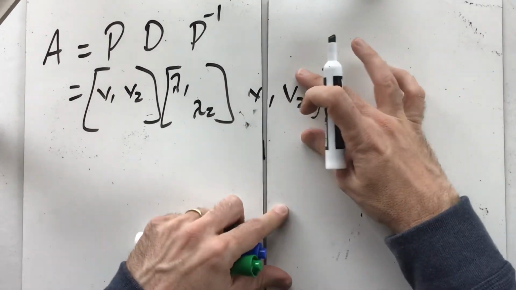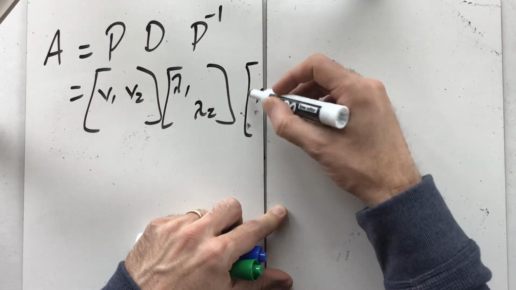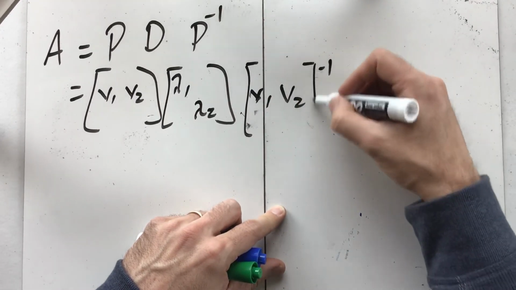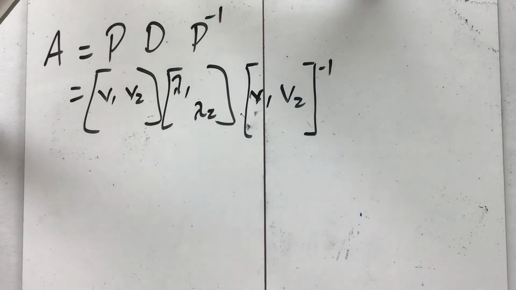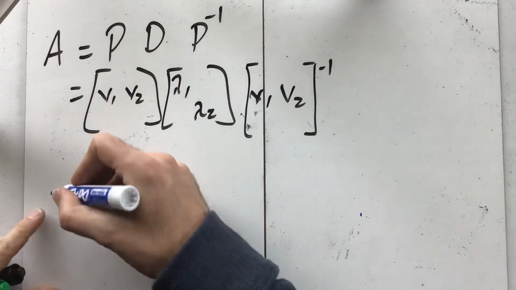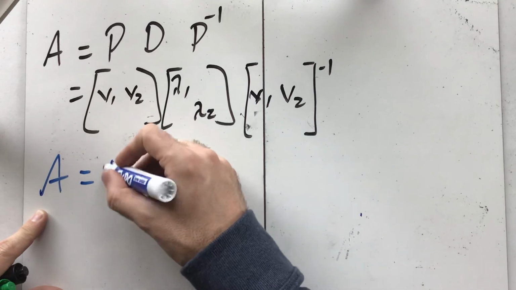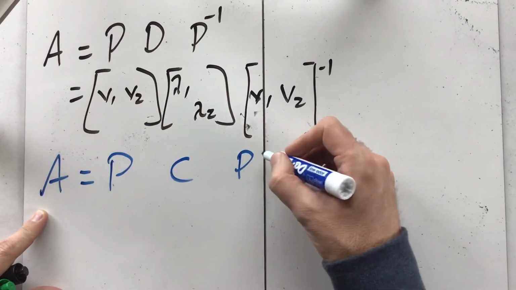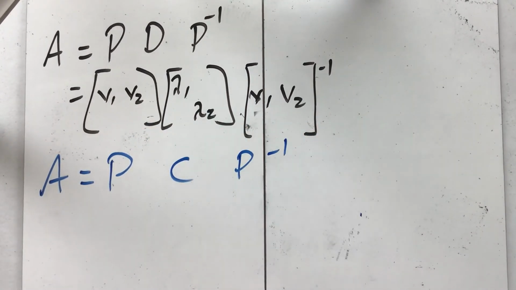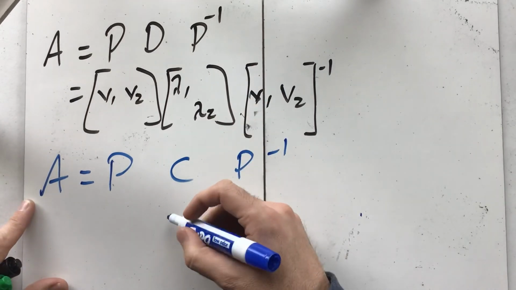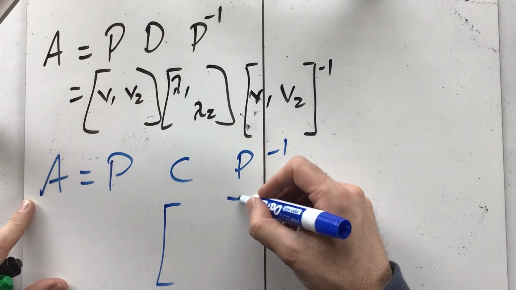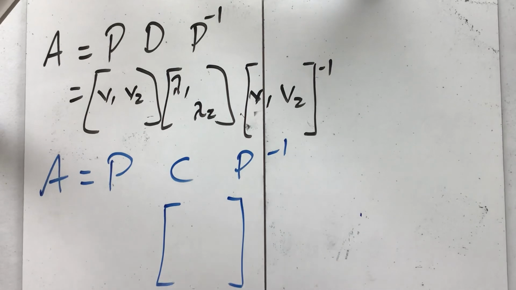What we're going to do now is almost the same, except with some very slight changes. The slight change is that we usually use slightly different notation. I think the book usually uses a C instead of the D in the middle. So let's write it as PCP inverse. What we're going to do is write this C using our eigenvalues, except notice every